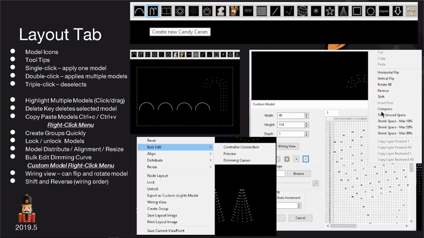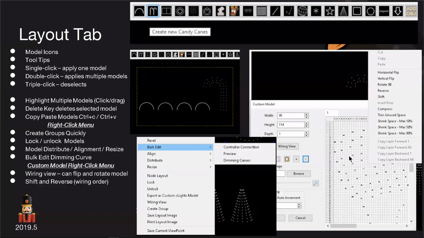You can also use some of the other functions for creating the custom model. You can shrink the space, make the model smaller by 10%, shrink it by 50%, or shrink it by 99%, which is a bug that we found and Scott fixed a couple weeks ago, that wasn't working very well with 3D. So that has been fixed as well, and that's pretty nice whenever you are making some really big, really large,